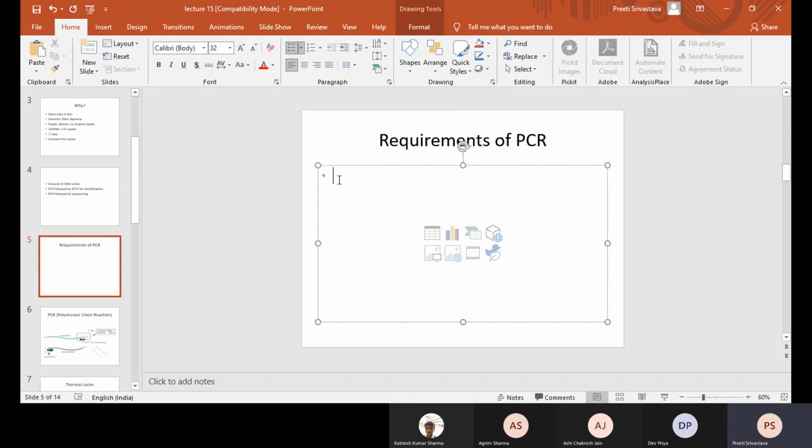The first requirement is a template. Template is the term for any DNA which you want to amplify. This DNA can be any DNA. It can be genomic DNA, metagenomic DNA, that means total community DNA, or it can be plasmid DNA.